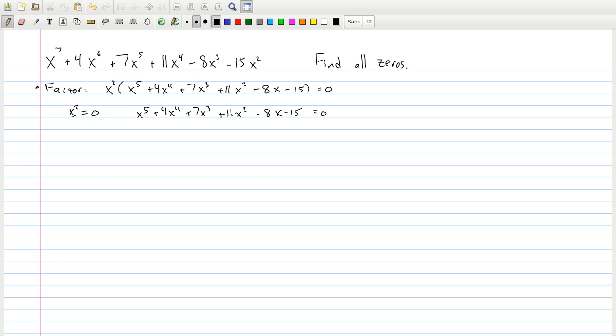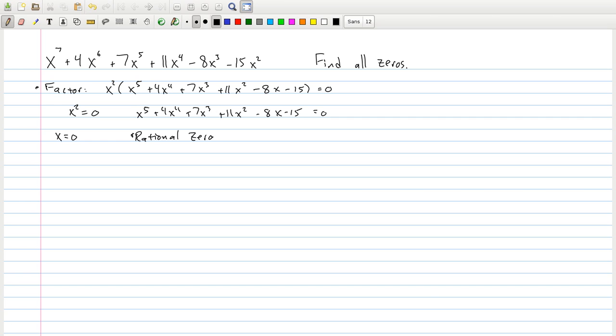Now this first factor, we can conclude from this that x equals 0. So that one's done. Now to move on to the second one, we're going to have to use maybe the rational zeros test, synthetic division, and so on. So to get started on this, for the rational zeros test,